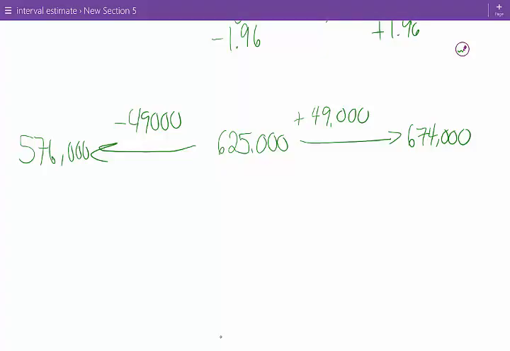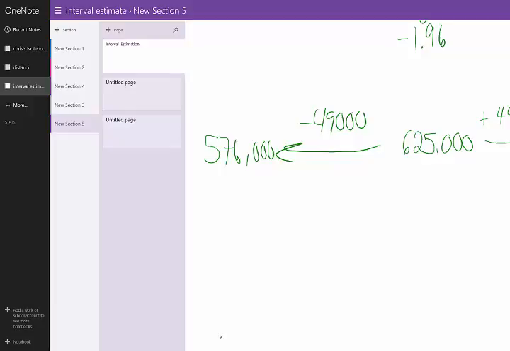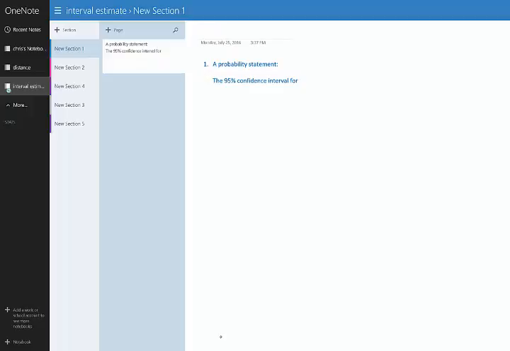Now, another important transition that we make starting in this section is notation, and the way you set up your answers becomes more important even than the calculation. So to set up a proper interval estimation answer, what we need to do is say three things. The first thing we need is a probability statement. So the way that we would deal with that for this question is we'd say that the 95% confidence interval